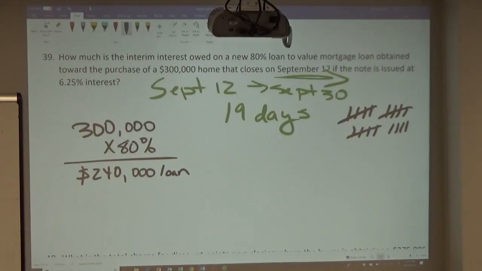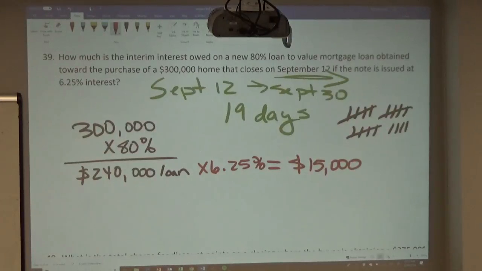That $240,000 loan is issued at 6.25% interest. Don't want to forget that extra quarter of a percent there. So that is issued at 6.25% interest annually. And that equals